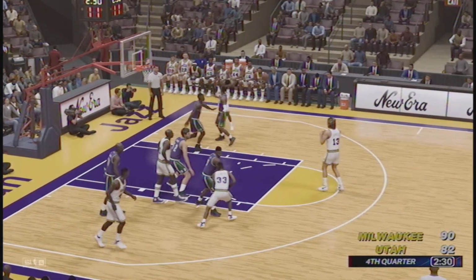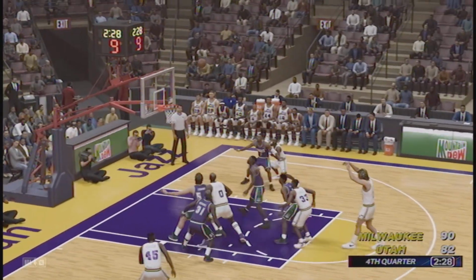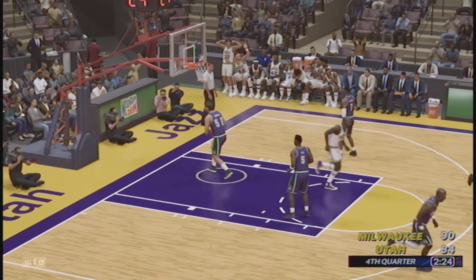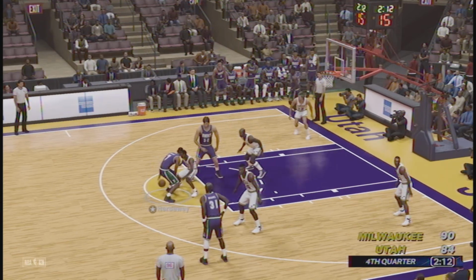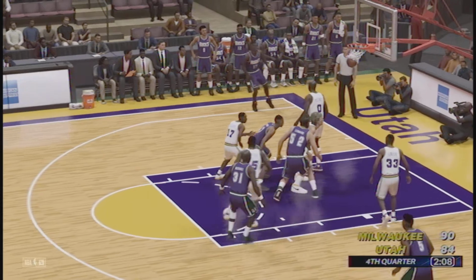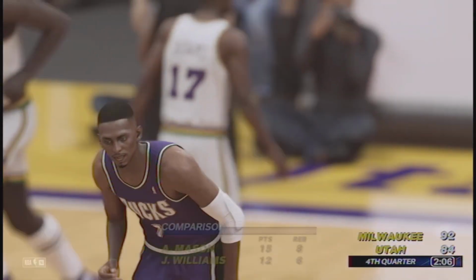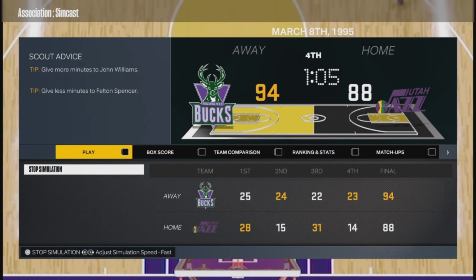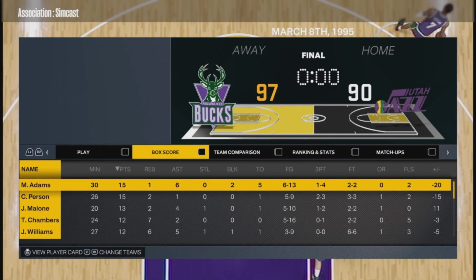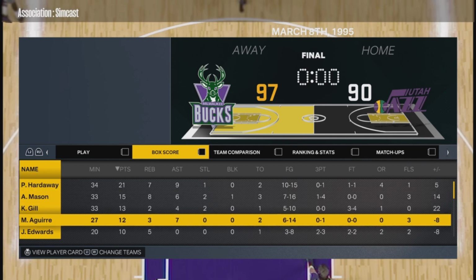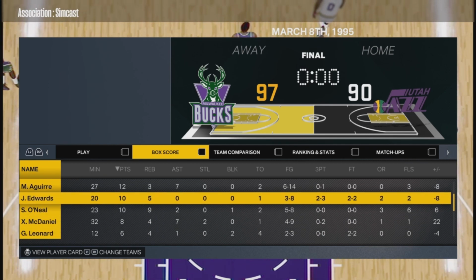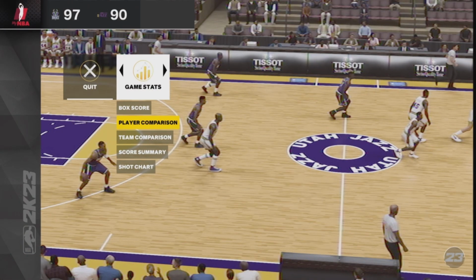8-point game. Another missed shot, perhaps, by the Jazz here. Yep. Rebound by Polonies, though, and he dunks the ball over Gary Leonard, who's out there for some damn reason. There's Penny making that shot for the Bucks. 8-point game. And this game is over, by the way. 97-90 ends up being the final score. The Bucks win. Shaq was fouled out. 10 points, 9 rebounds for the big fella.